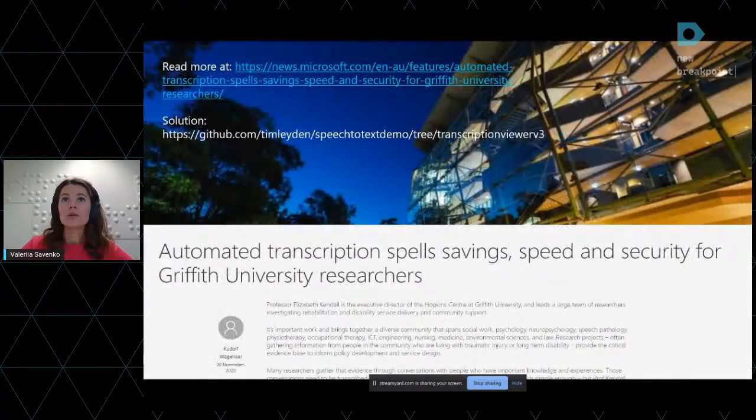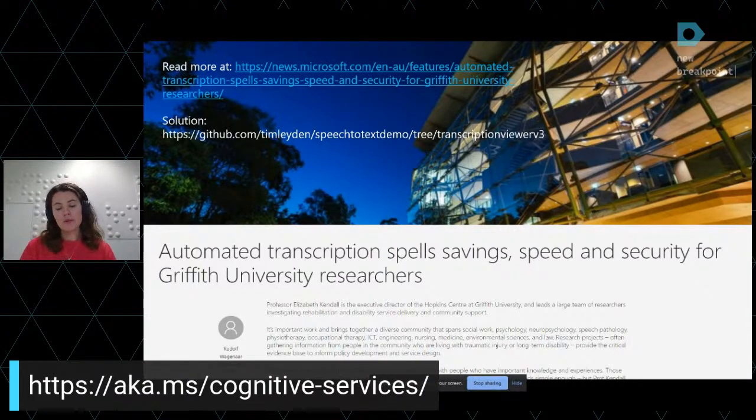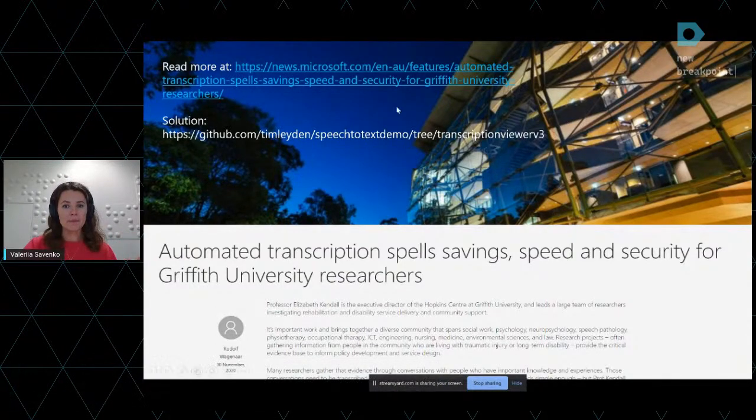But now I want to make it real and share with you an example that I worked on myself, and we've actually had a customer story posted on Microsoft News, which is pretty exciting. It's the team that I work with, the FastTrack for Azure team. If you want to look more at this story, this is the website. Maybe take a picture if you would like to, and the solution itself is posted on GitHub. It's my colleague's personal GitHub, and with time we keep iterating over the solution. We've had this solution deployed across a few of our customers, and they extended it to fit their own